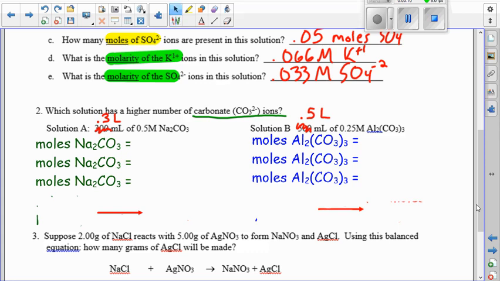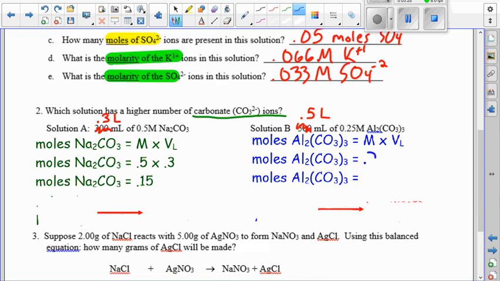Well, let's find the moles of our two different compounds here. Remember, the moles of a solution will be equal to the molarity times the volume. In this case, that's going to be our 0.5 times our 0.3. And so we have 0.15 moles of sodium carbonate. Again, this is also a solution with our aluminum carbonate, so molarity times volume. In this case, that's our 0.25 times our 0.5, which then comes out to be 0.13 when we round moles